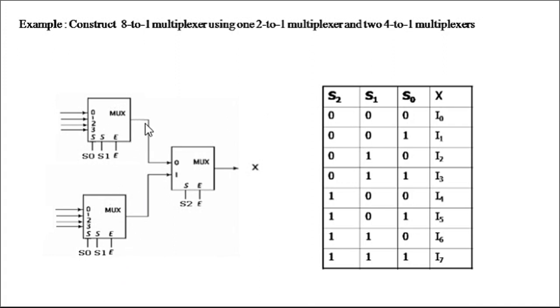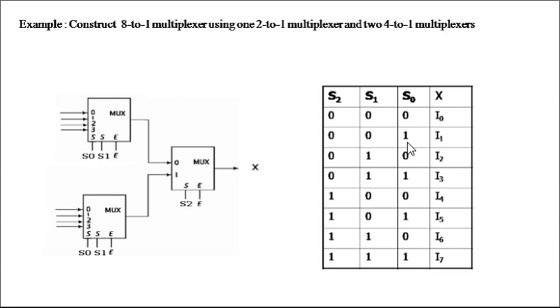Okay, and the outputs of the first and second are connected to the third mux, and this is your third select line. So you can see if it is 0, it is 0 and it is 1, in that case what will happen? The first line will be routed towards the output X. Similarly, for S2 is 0, S1 is 0 and S0 is 1, at that time the first line will be routed. In this way, it will work.